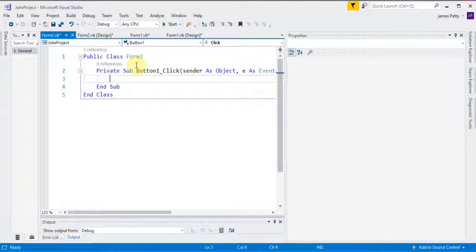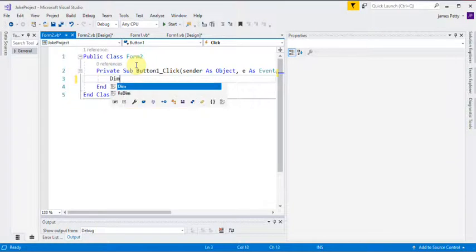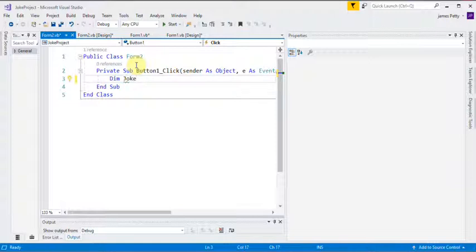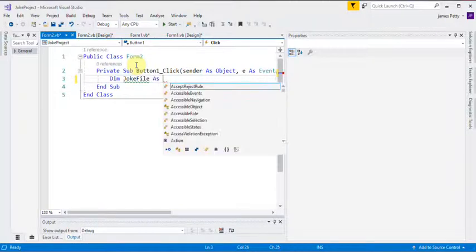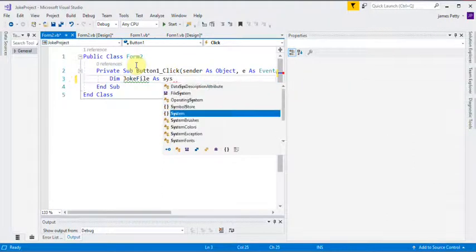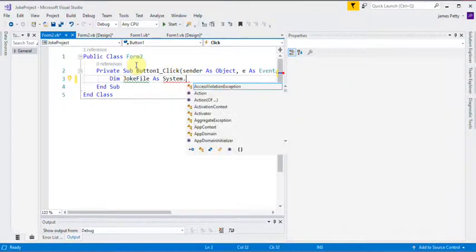The reason I'm doing that is just to keep it together to show you how short and quick it can be, even though, as you know, it can cause errors. So declare in memory. Now I'm going to call this my joke file, as system.io.